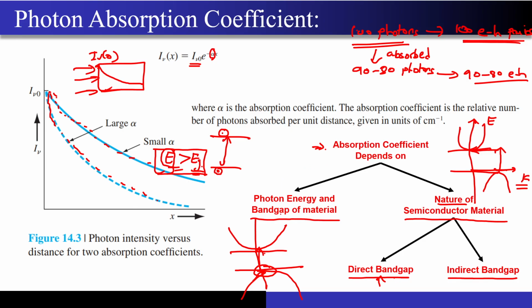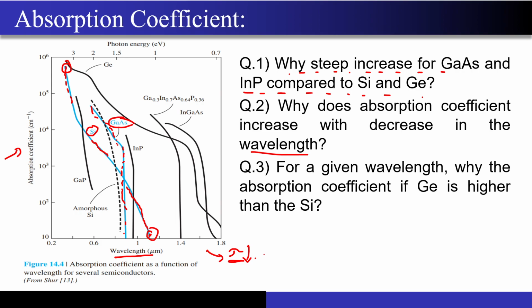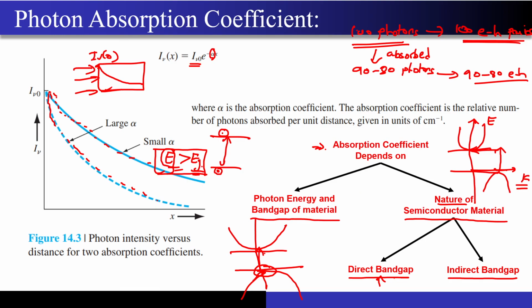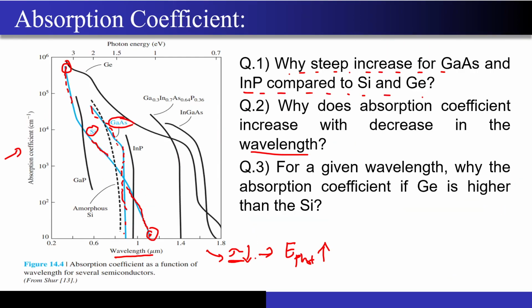Yes, very good. So what is actually happening is, when we decrease the lambda, the photon energy is actually increasing, correct. And if you look at the flowchart, the absorption coefficient definitely depends on the photon energy, and as the photon energy increases more compared to the Eg, correct, Eg is remaining constant. If my photon energy keeps on increasing, then definitely the absorption coefficient is going to be higher, correct.